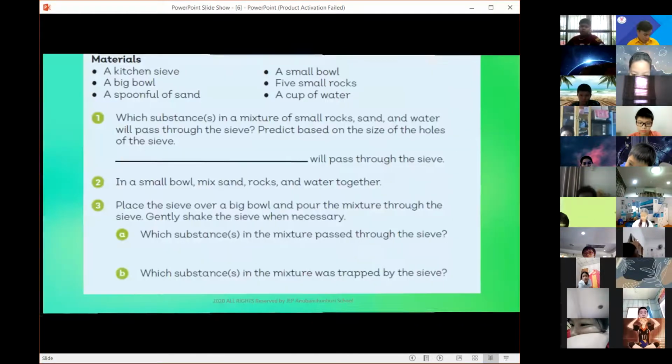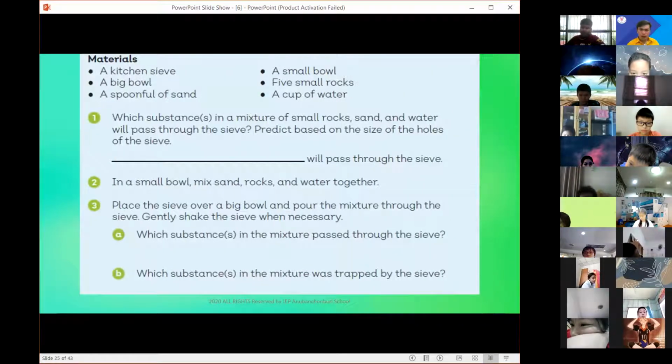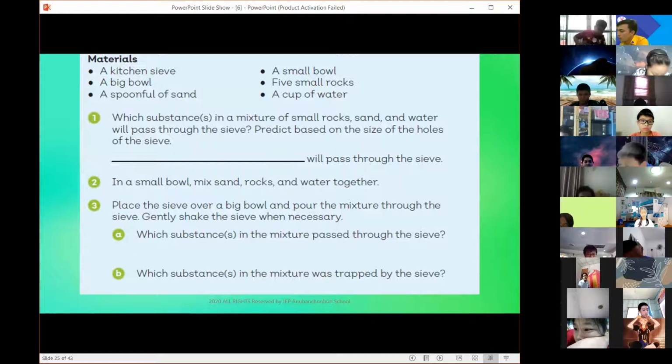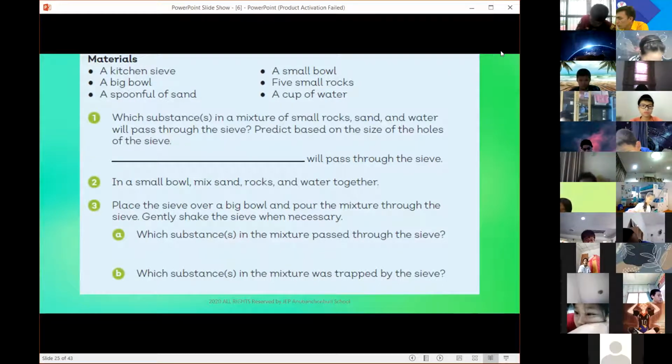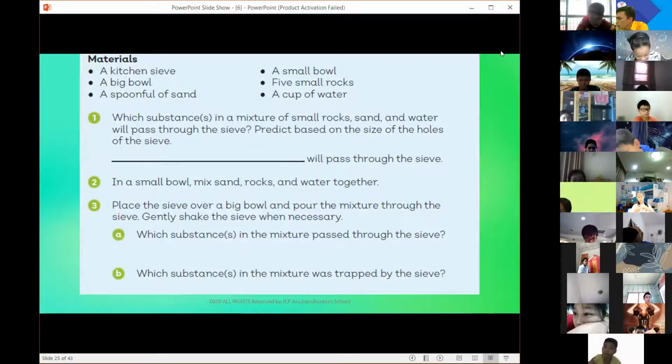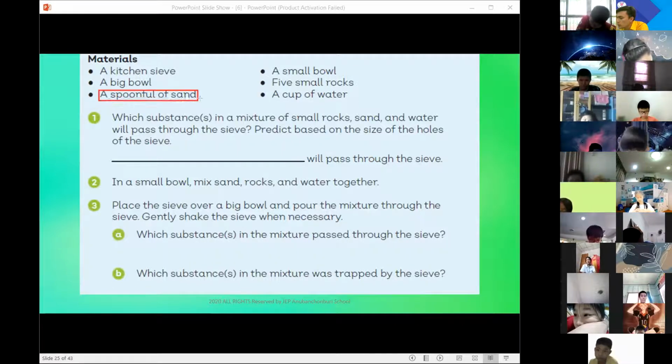All right. Now I want you to flip your book to this part right here. And maybe I will be giving you 3 minutes to answer this. But before I give you 3 minutes to answer, I will guide you. What are the things that you need to remember? These are the substances that you need to